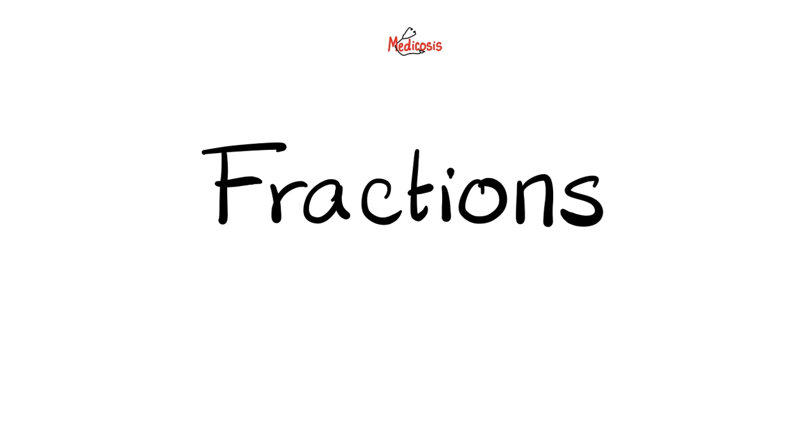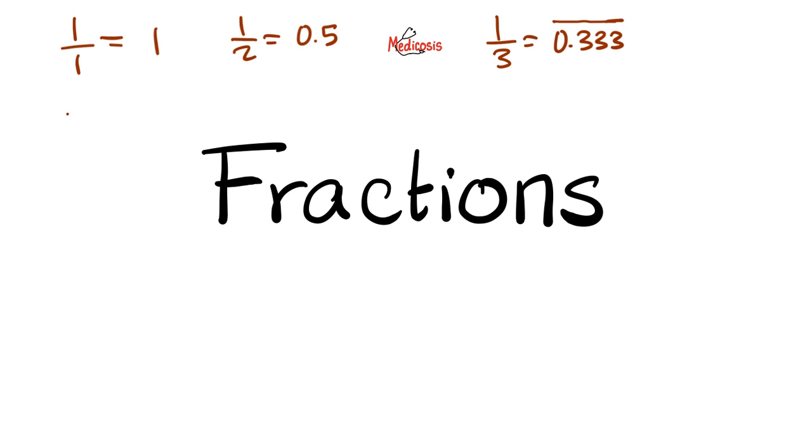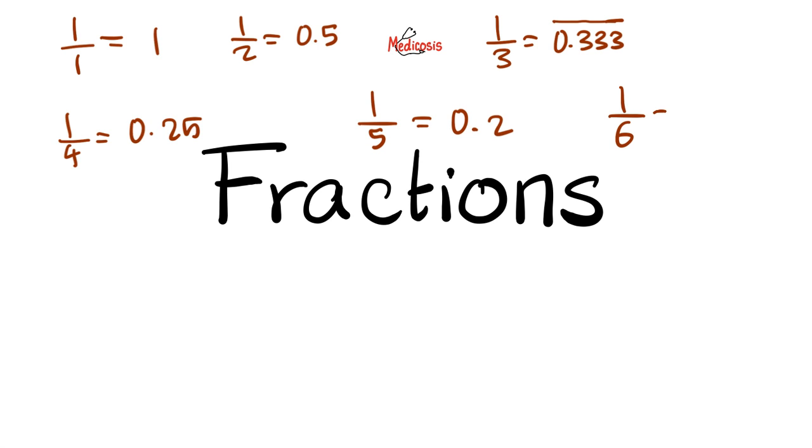Next, fractions. For the MCAT, you need to know that 1 over 1 equals 1. I mean, at your age, if you did not know this already, there is no hope for you. I'm joking. How about 1 over 2? This is 0.5. 1 over 3, a third, is 0.3333, etc. 1 over 4 is 0.25. 1 over 5 is 0.2. 1 over 6 is